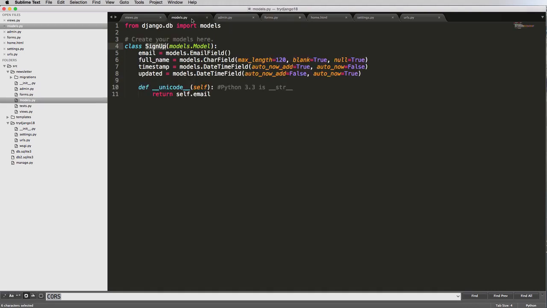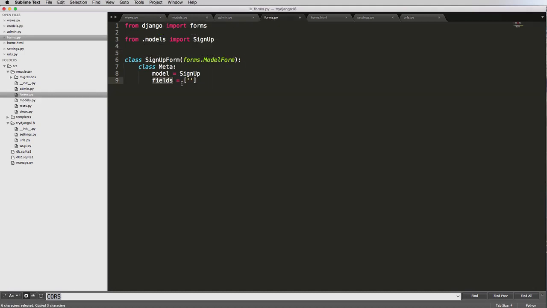So the fields would be whatever's in this model. Let's say, for instance, all we wanted was email. We would put email in here, and that's it. So that's what we'll start off with. We'll add the full name later, but for now we'll just leave it as email. Cool, so that's all we actually have to do for our sign up form as far as using it in